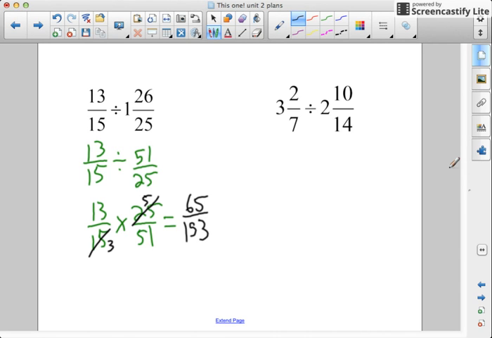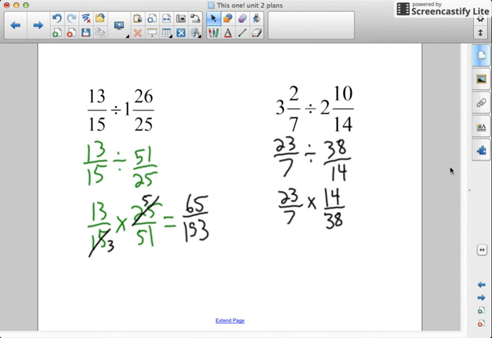This one, let's switch to improper fractions. So I get 23 over 7. Divided by 38 over 14. So rewrite the first fraction, multiply, flip the second. I can cancel. 7 goes into 7 once and 7 goes into 14 twice. So I can multiply this, I get 46